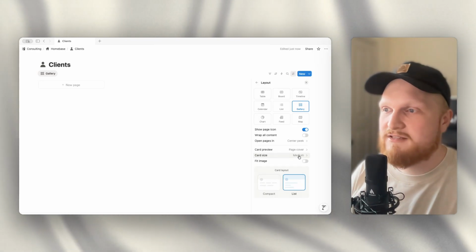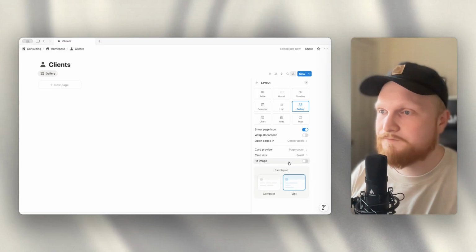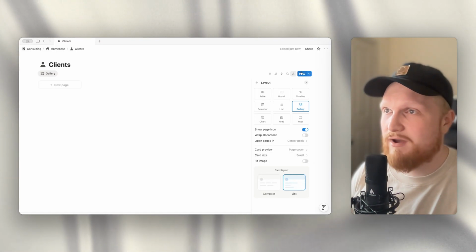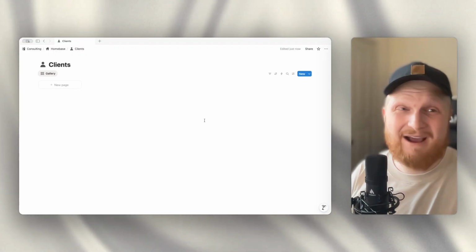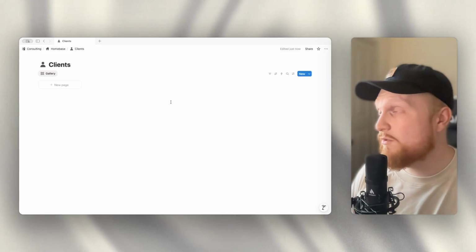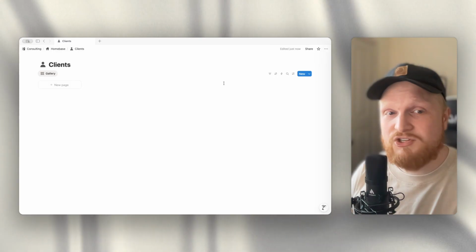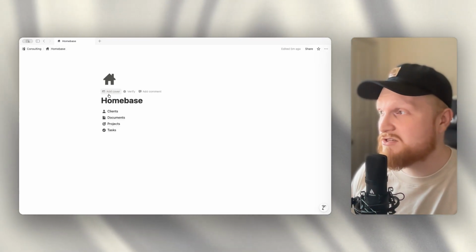And then as far as card size, I'm going to do small so we can fit multiple on a row. And then we can leave this card layout the way it is. That's fine for me. And now we're done. The client section is fully built out. We will come back in a minute and build out some templates, but let's just go ahead and move on to the documents page and start customizing that